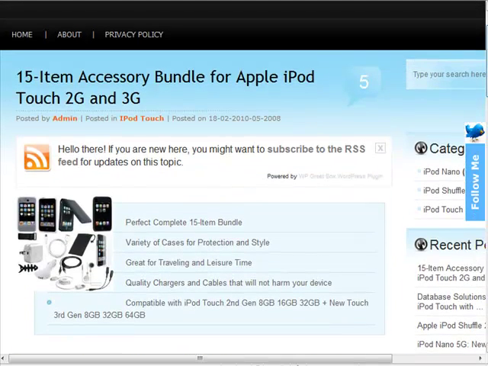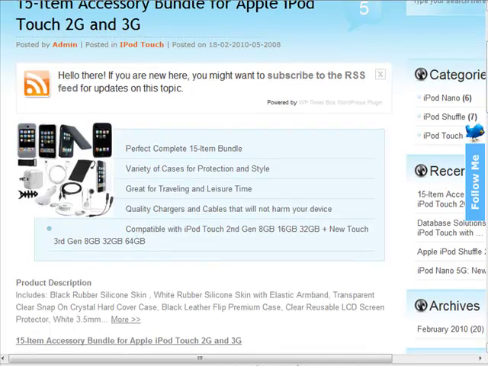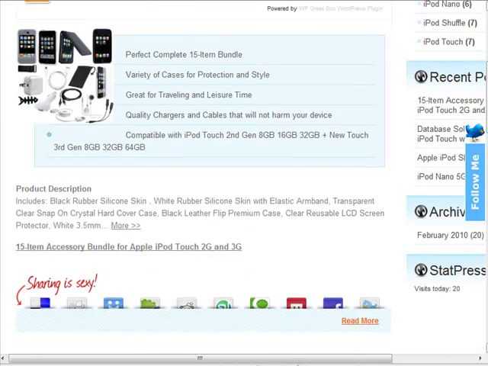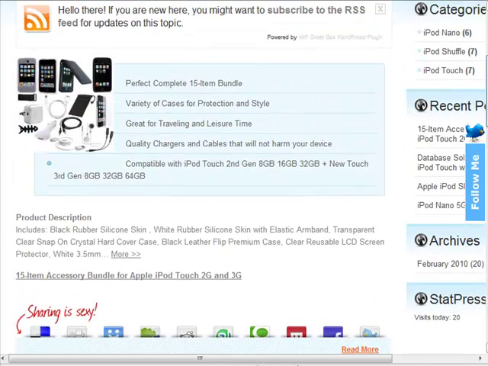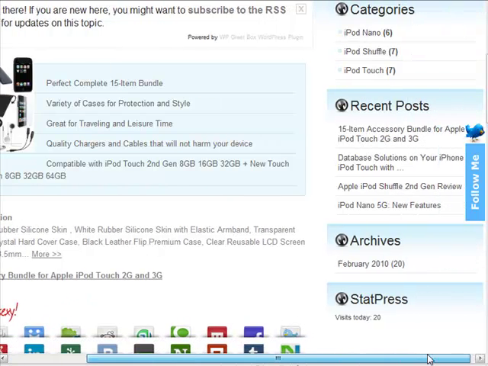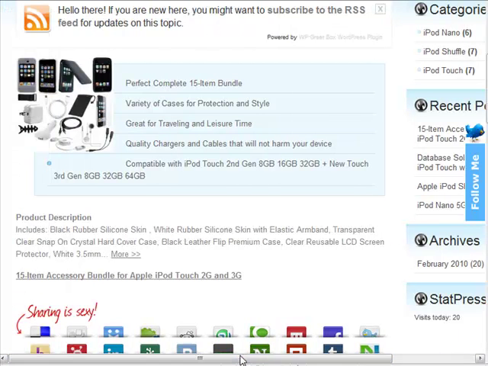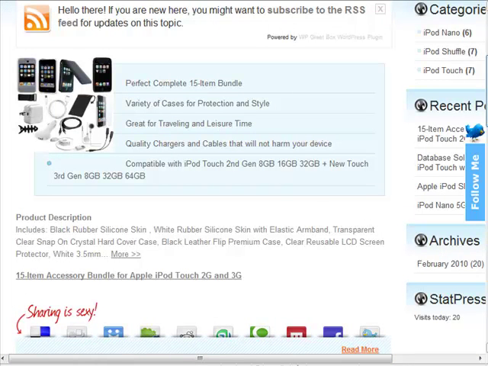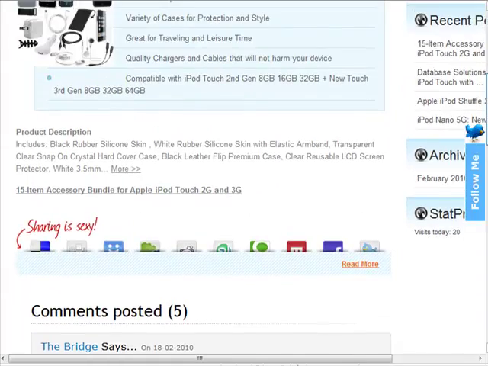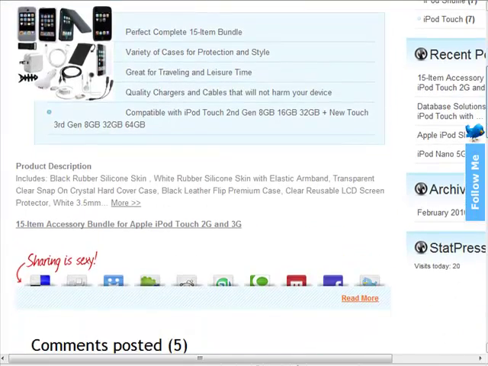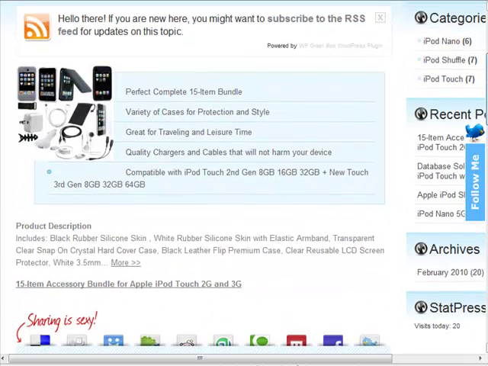And as you can imagine, somebody coming from Twitter, having a look and seeing this item, scrolling down, they may think this isn't actually for me, which is going to give them two options. They're either going to click on one of the categories over here, one of the recent posts, or they're going to just click away and leave your website. What you need to do is present them with other products that are of similar theme to the one they're already viewing. So to do this, we're going to employ the services